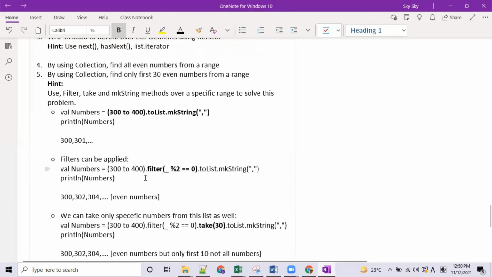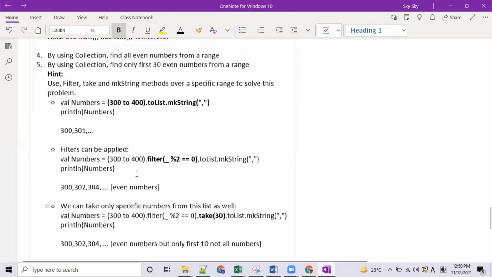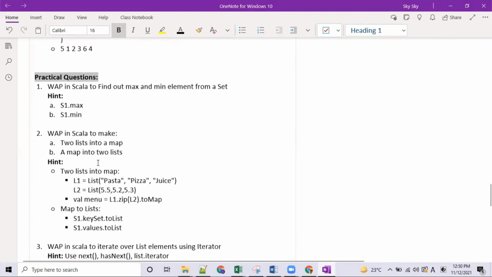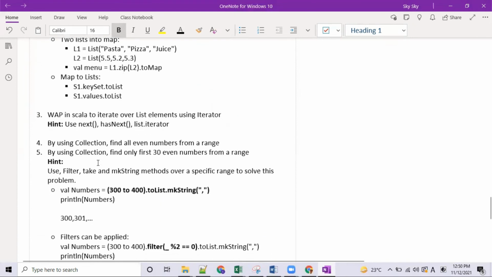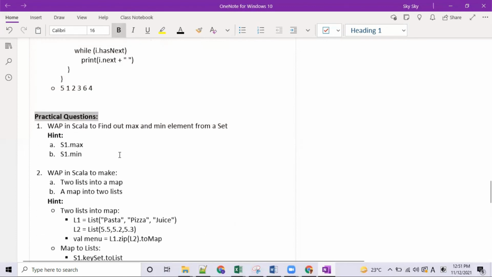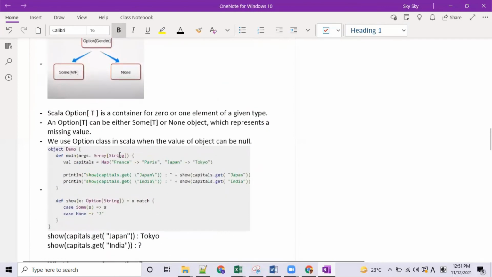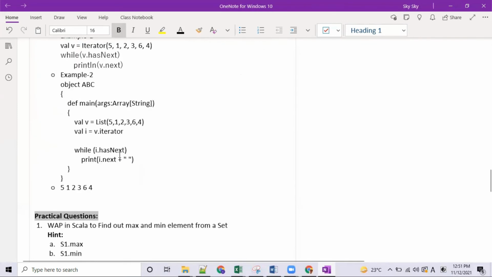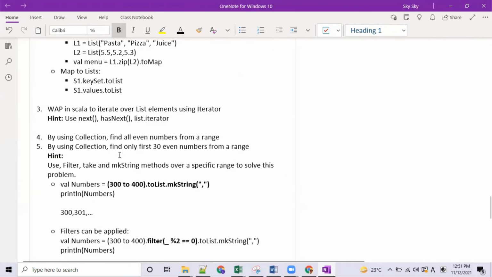I have provided these hints in the practical as well, so this would be your practical for this lecture. This would be, I think, the 11th or 12th practical, and it is divided into 5 parts. I have already uploaded it on Moodle, and all the practicals I have discussed over here. For the 11th practical, you can refer to this video. It would be super easy for you guys to handle and make code for this practical.